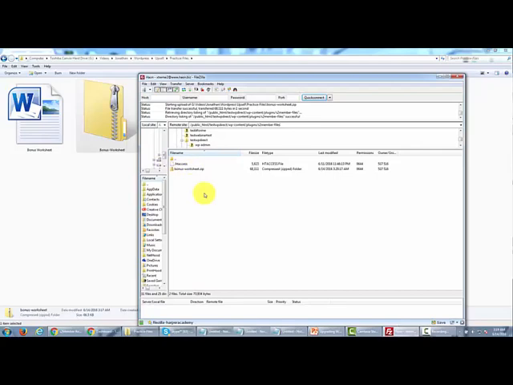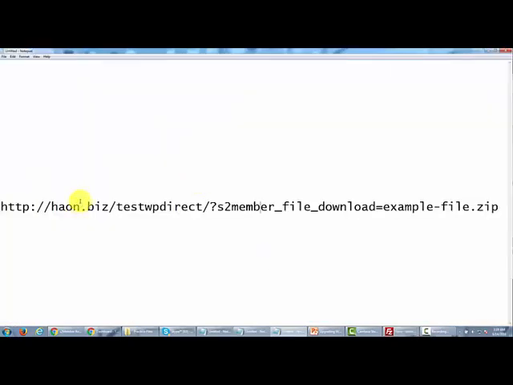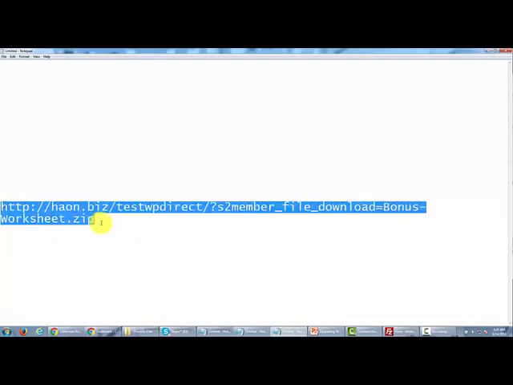Now we need to name this link according to the convention that we talked about a minute ago. If you recall, we said that we needed to name the file according to our URL, according to that directory, with these words, and then instead of example-file, we're going to put in the name of our file. So now we have the file ready using bonus-worksheet instead of example-file. What we're going to do is copy this,